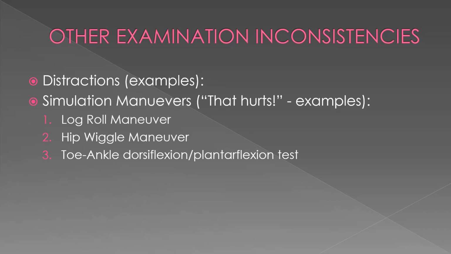To perform the hip wiggle maneuver, you simply flex the leg at the hip to 90 degrees of hip flexion. Then, with the knee also flexed to 90 degrees, you simply internally and externally rotate the femur in the hip socket by using the lower leg as your lever. Again, this maneuver should not provoke either lower back pain or lower extremity pain, because there simply is no provocation of the lumbar spine. The entirety of the movement takes place only at the hip socket.